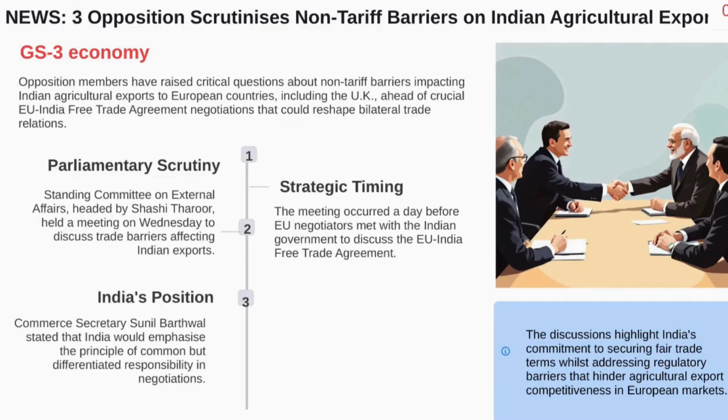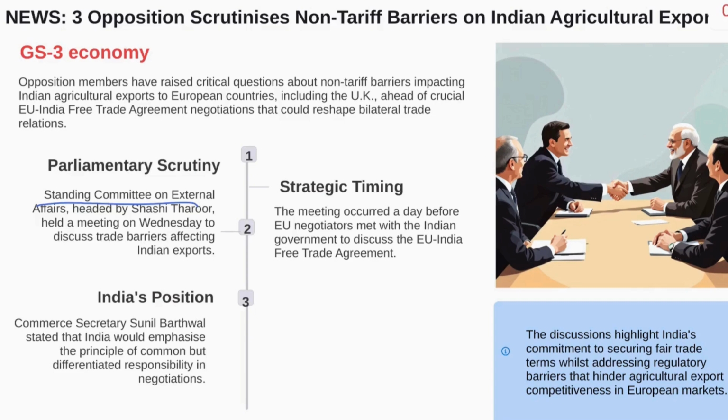Opposition scrutinizes non-tariff barriers on Indian agricultural exports. Comes under GS3. Parliamentary scrutiny. The Standing Committee on External Affairs, headed by Shashi Tharoor, held a meeting on Wednesday to discuss the trade barriers affecting